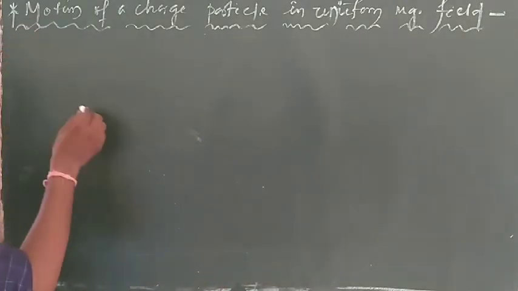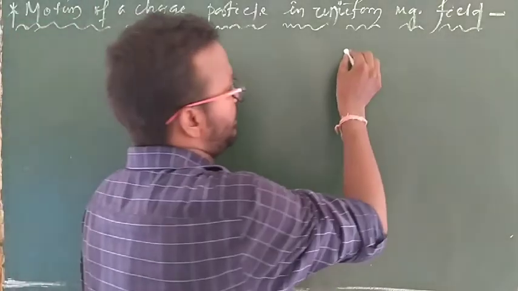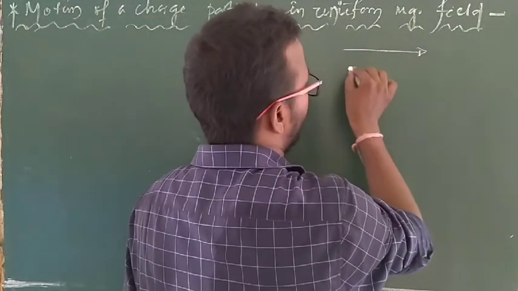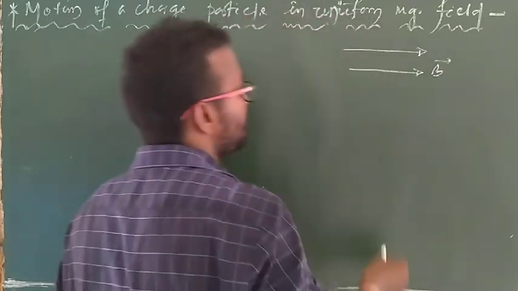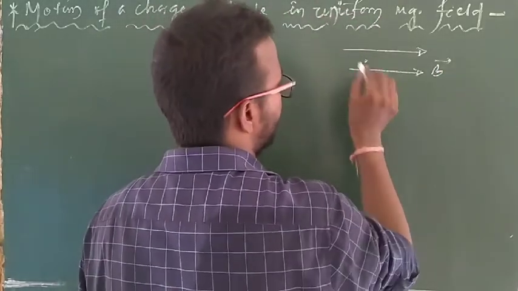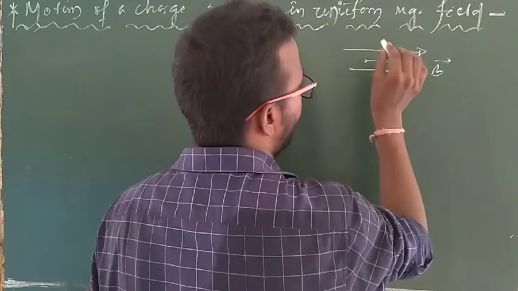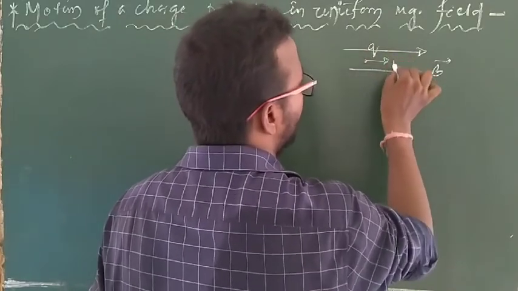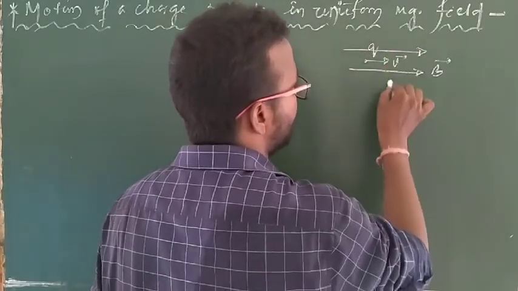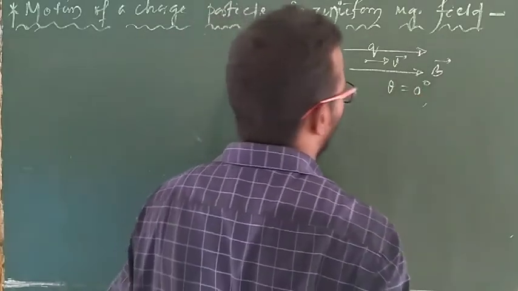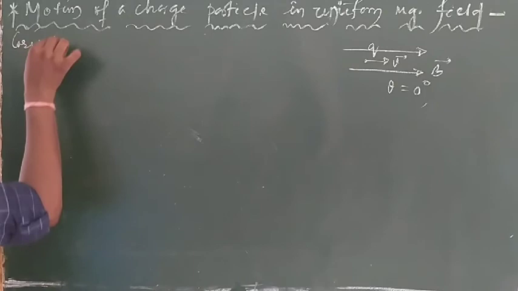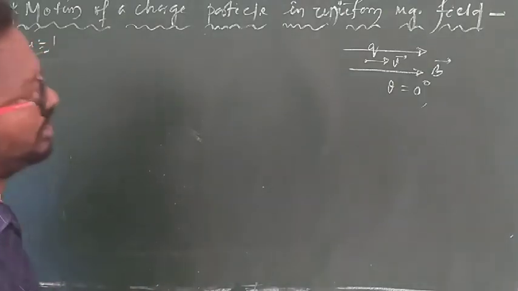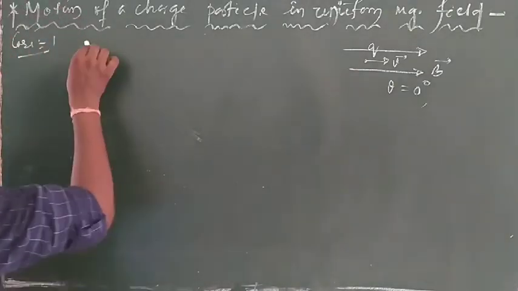Case 1: suppose this is the direction of the magnetic field B, and there is a charged particle moving along the direction of the magnetic field, so here theta equals 0 degrees. What is theta? This is case 1. In our previous class we discussed that